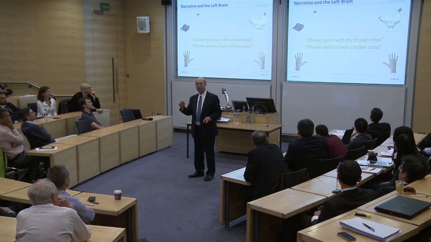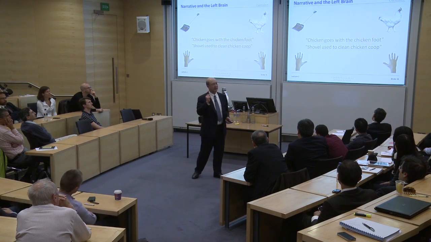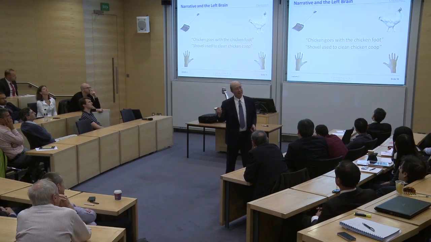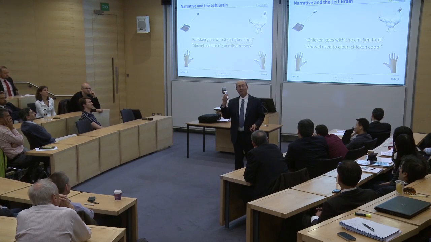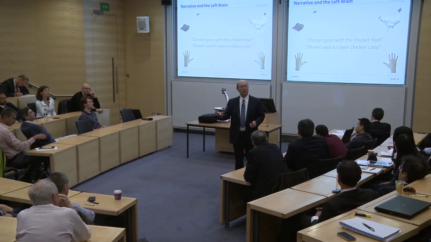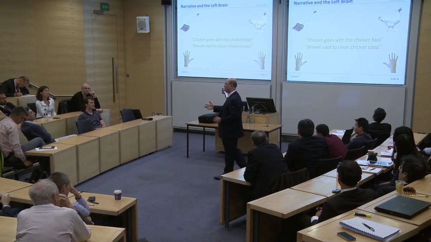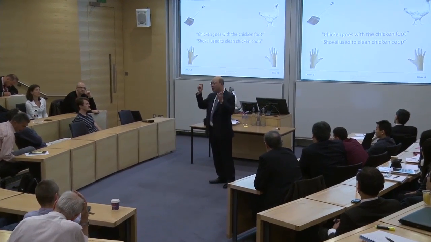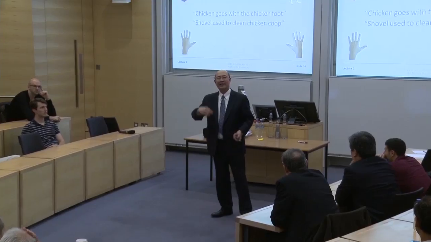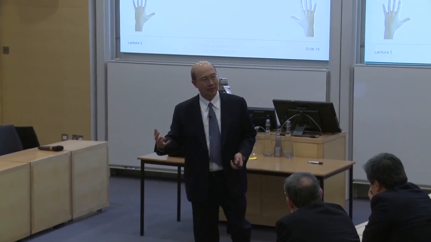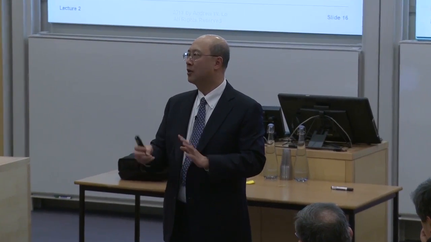That's what he says. He comes up with a reason for picking that shovel, because he can't, for the life of him, figure out why he would have done it. But his left brain constructs a hypothesis for why it happened. It constructs a narrative. And this has happened time and time again, where there's a clear reason why he picked the shovel with the left hand. But the fact is that he can't articulate that.